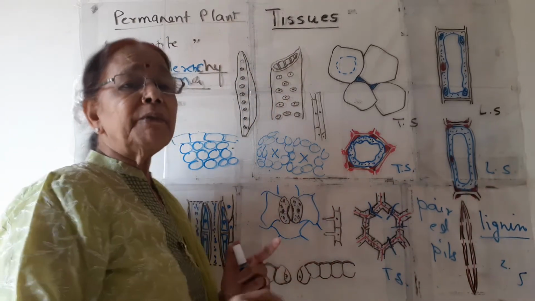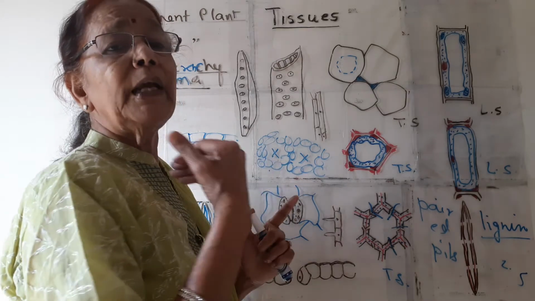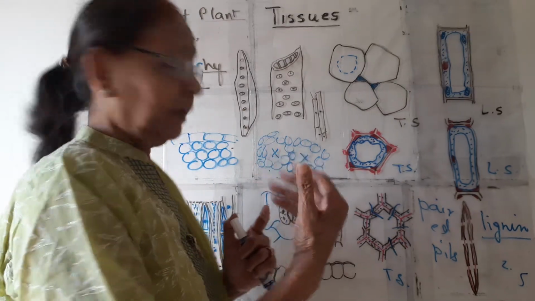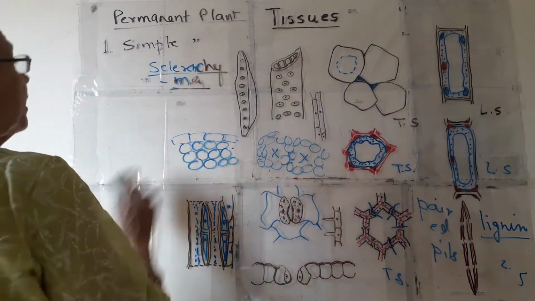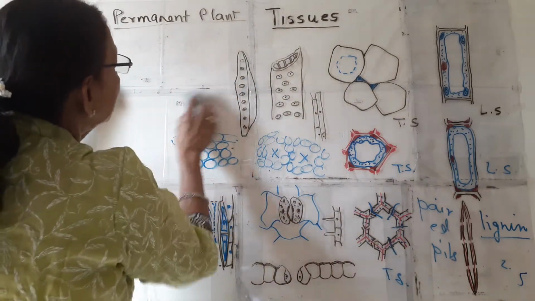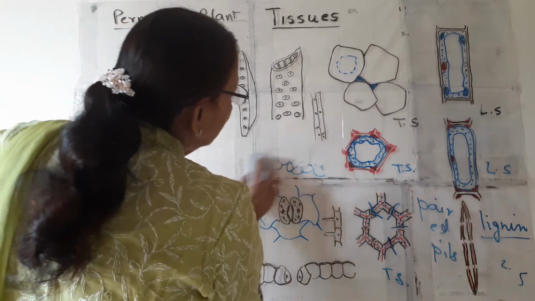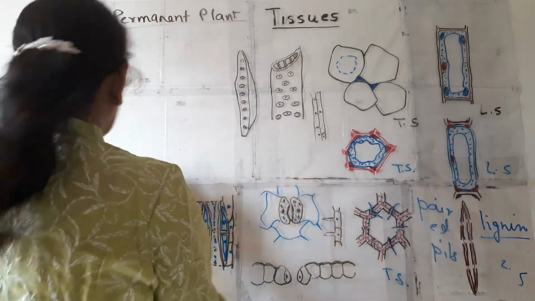So this protective tissue is present all over the plant body as an outer covering. It can again be studied under two heads. One is epidermis and the other is